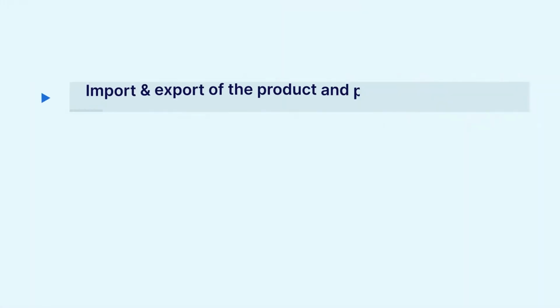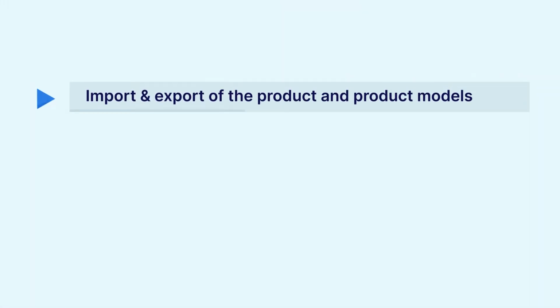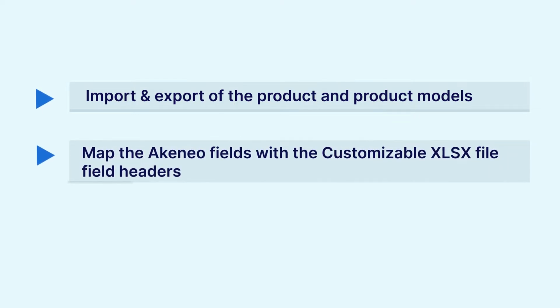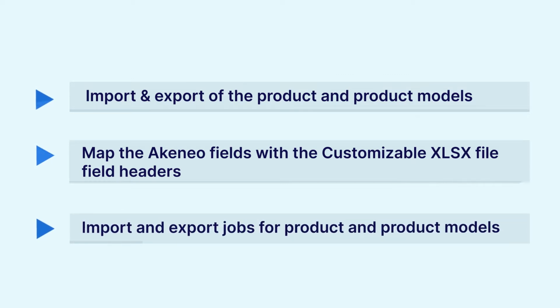In today's video tutorial, we'll be seeing the workflow at the Akeneo end, wherein we'll see how to do the mapping for the import and export of products and product models in the backend panel. Within the mapping, we'll see how to map the Akeneo fields with the customizable XLSX file field headers. Apart from that, we'll also see how to create the import and export jobs for importing and exporting the products and product models, and the rest of